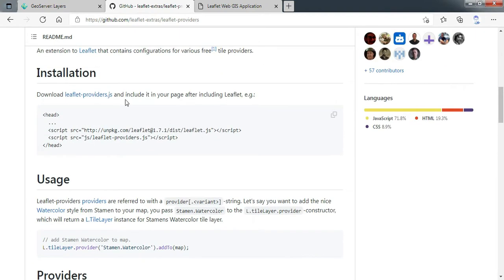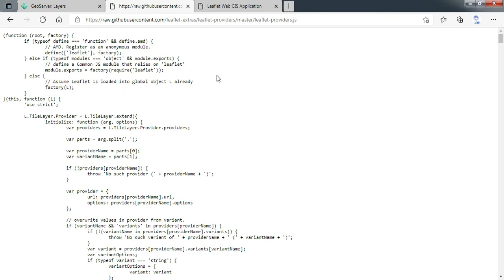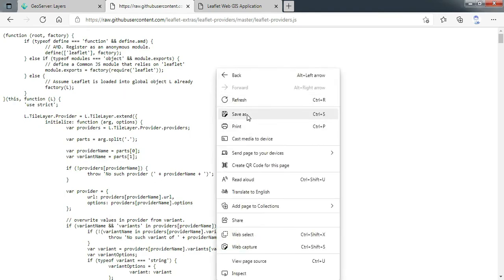It is available here. When I click on this leaflet-providers.js, it will take me to this JavaScript file. Now I can just right click and say save as,